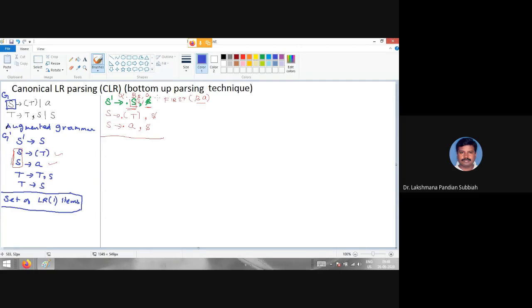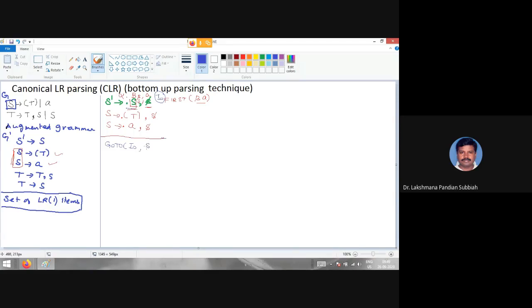If you have any doubt, you can stop me and ask, then I will explain it. So this is I naught, right? Next, in the same way, I naught is going to be expanded. You have to find all possible closure items from I naught. The first one has the non-terminal S after the dot.